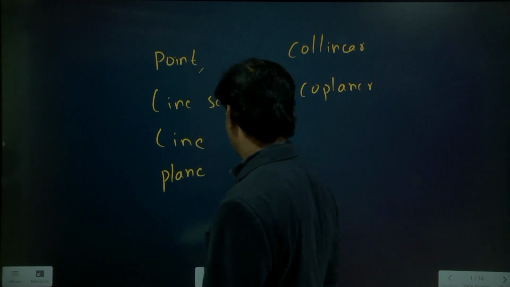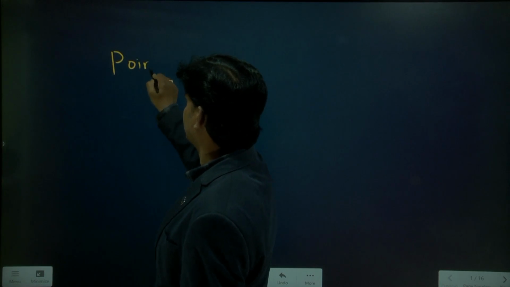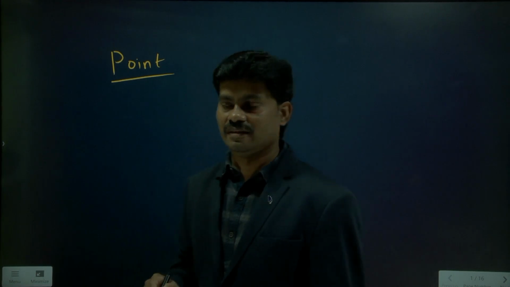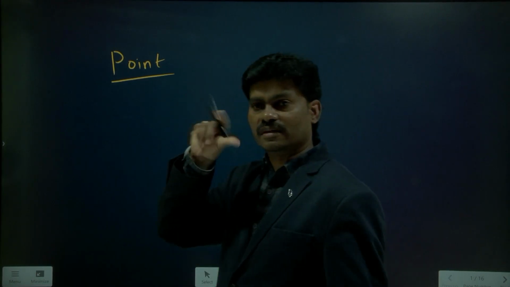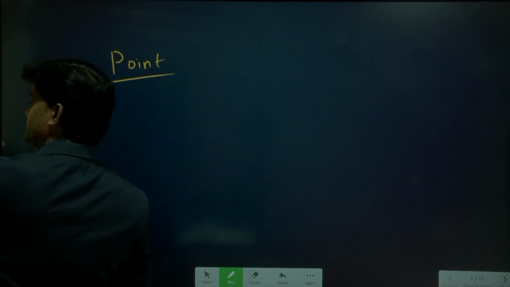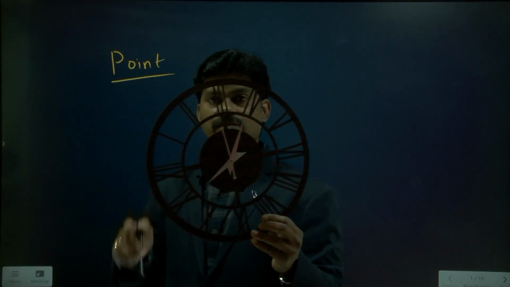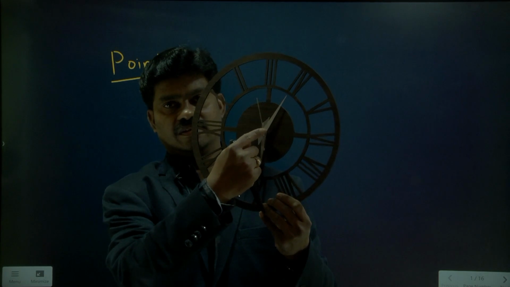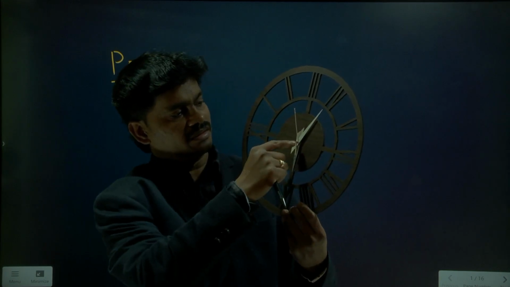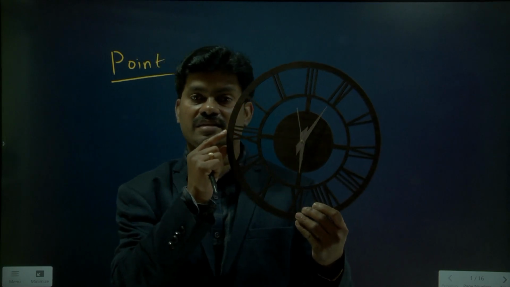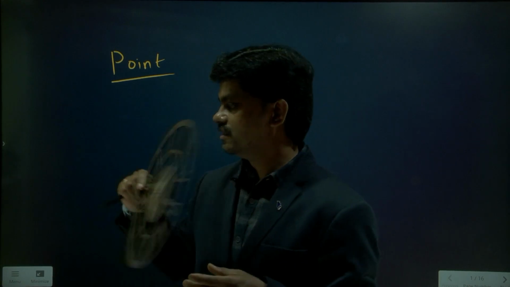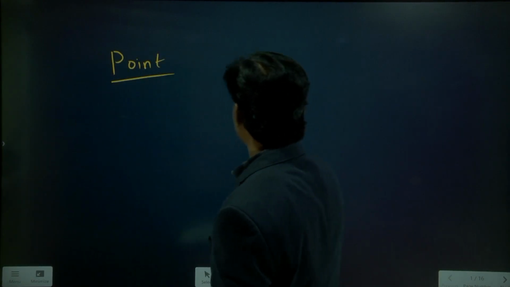Okay, first we will see the definition of point. So what is a point? What is the definition of a point? I would like to draw a circle here. I will use the compass, or else you can see here the clock which is in the shape of a circle. We can say this is the center. You can see here clearly, right? And from the center to the exterior, on the circle, right? If you draw a line, this line is called the radius. So I am taking some radius, 5 centimeters,